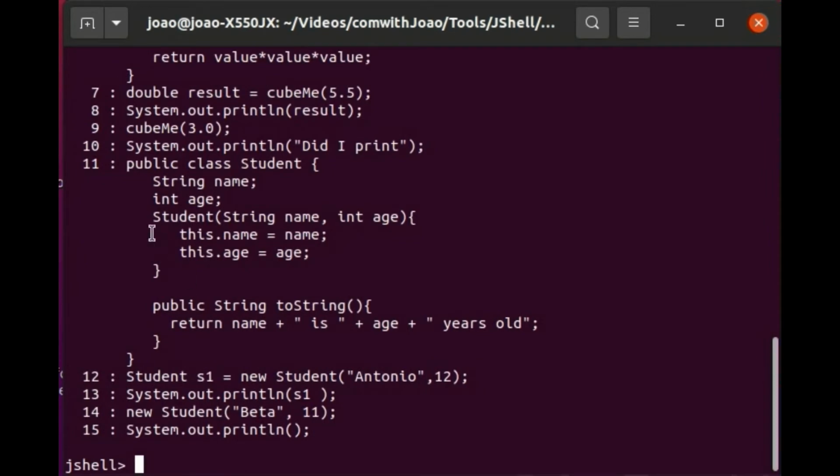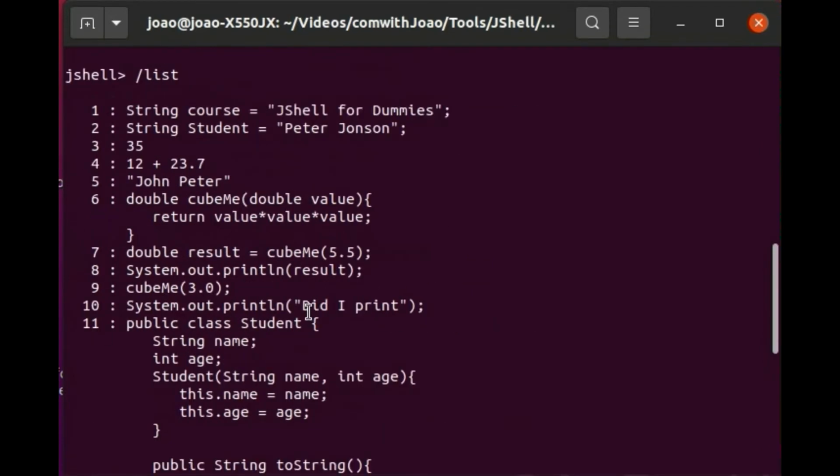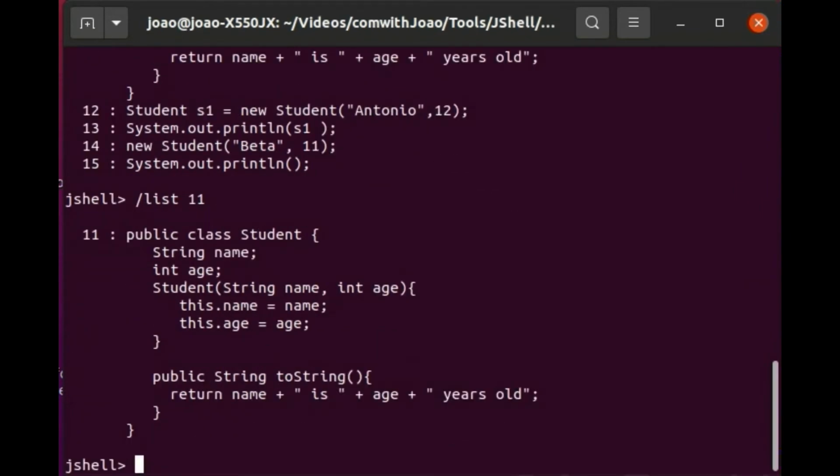So if I want to list this class at 11, I could say list by number, which is 11, and you'll note that it's only got the one, so it's for every command snippet that I put in. Although the code snippet is multi-lined, as you can see over here and over there, and this method over here, it gets one index number. I can also search by name, so let's list the same one